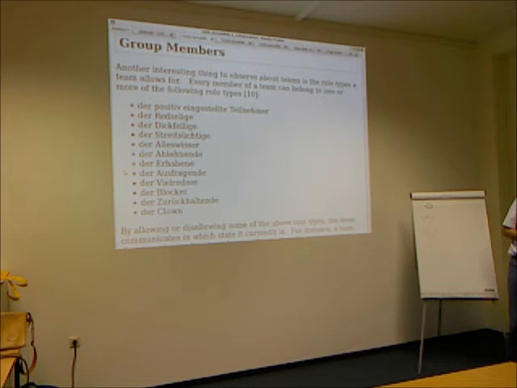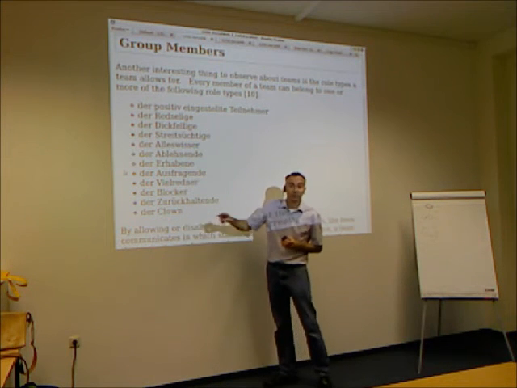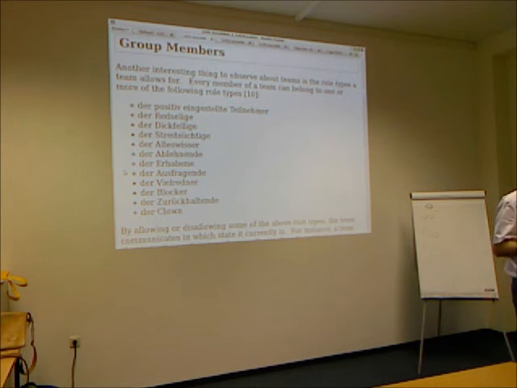And you can tell, depending on what members a team allows for, in what stage it is. If the team is in the storming phase, then you will never see a clown. So if somebody wants to play the clown and you're still in the storming phase, the other guys in the team will say, be quiet, not now, yeah? Bad time. Yeah? And so by seeing which one of these guys are allowed within the team, you can measure and determine in which of these 4 stages your team is.